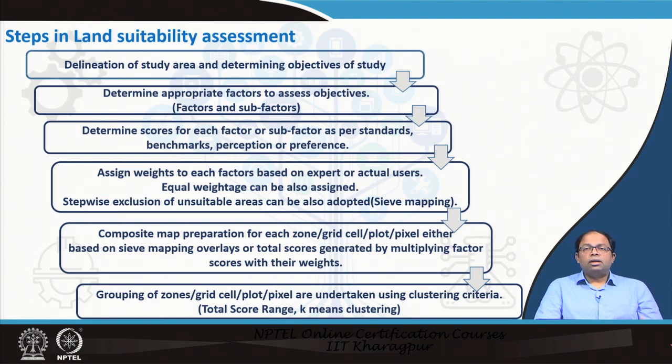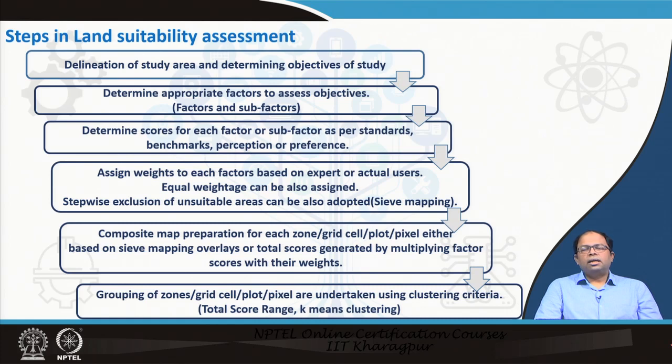And this is particularly suitable when we are dealing with areas with a lot of undulations. So we know that there are certain areas which have to be excluded. After excluding them, the areas left out can be divided into plots, because if I go with grid cells, then what happens, some part of the grid cell may fall within an excluded area, some part will be inside, so it would be very difficult to compare different grid cells. So we can go for either plots, and then we can also go with pixels.